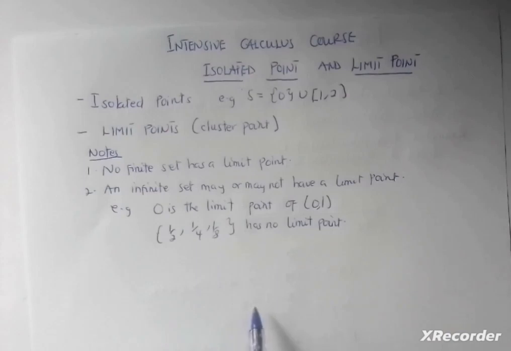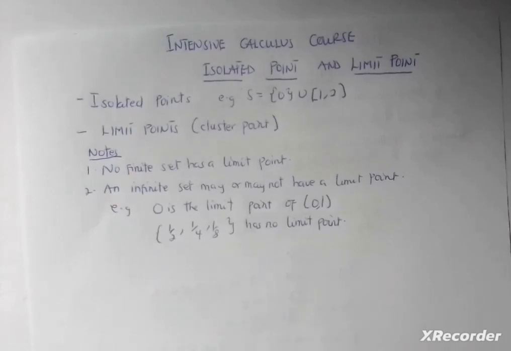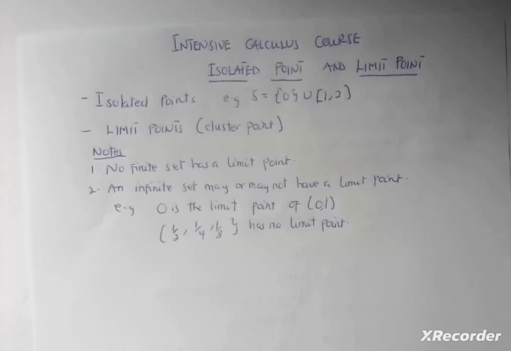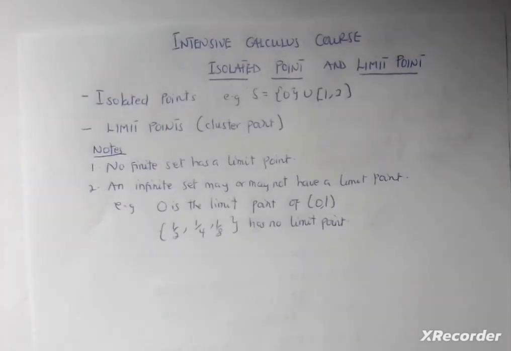So, isolated points and limit points. The word isolated basically means something which has been separated from the entire population or entire group. So once you are separated, it means that no other member of your group is closer to you. At any instance, if we take any neighborhood around you, you shouldn't find any of the other members. But for some distance away, you may find some. But if you take any short distance around that thing and you don't get other members, it means that thing has